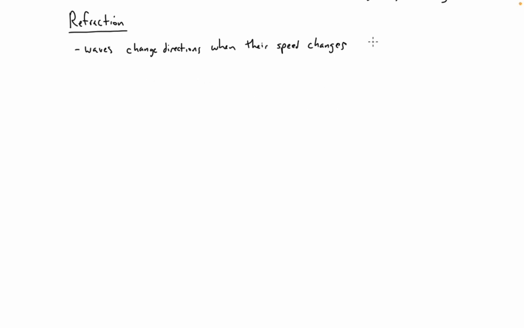So this is, for example, light hitting a prism, right? The light's traveling this direction, and then it goes off in different directions. So the main relationship that you need to know about is called Snell's law,